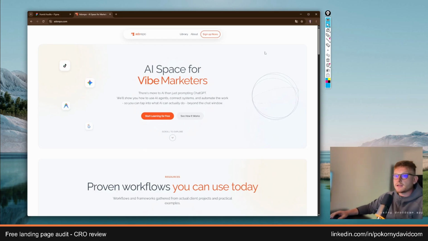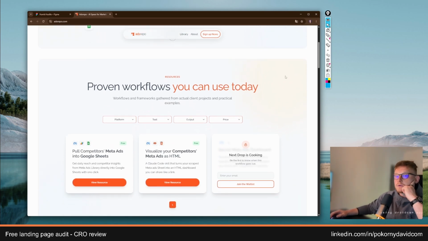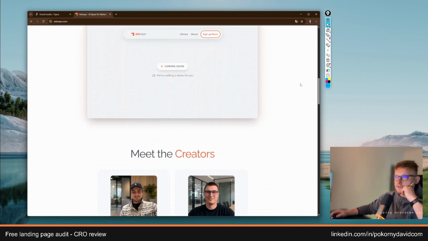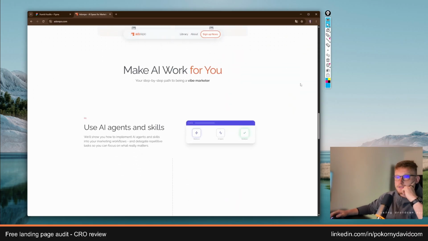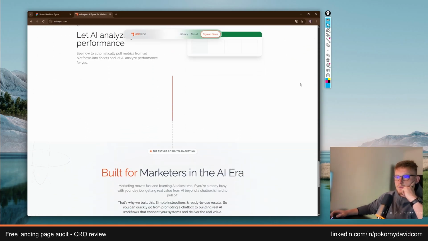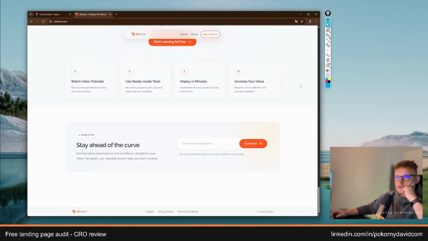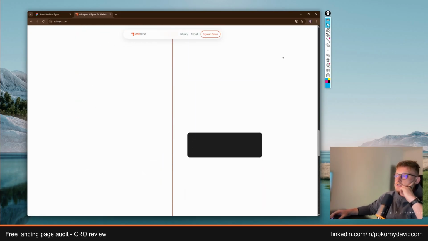So, adsrepo.com, AI space for vibe marketers. Proven workflows. See what the platform is about. Creators. Somehow it works. And further. All right. So from the top,